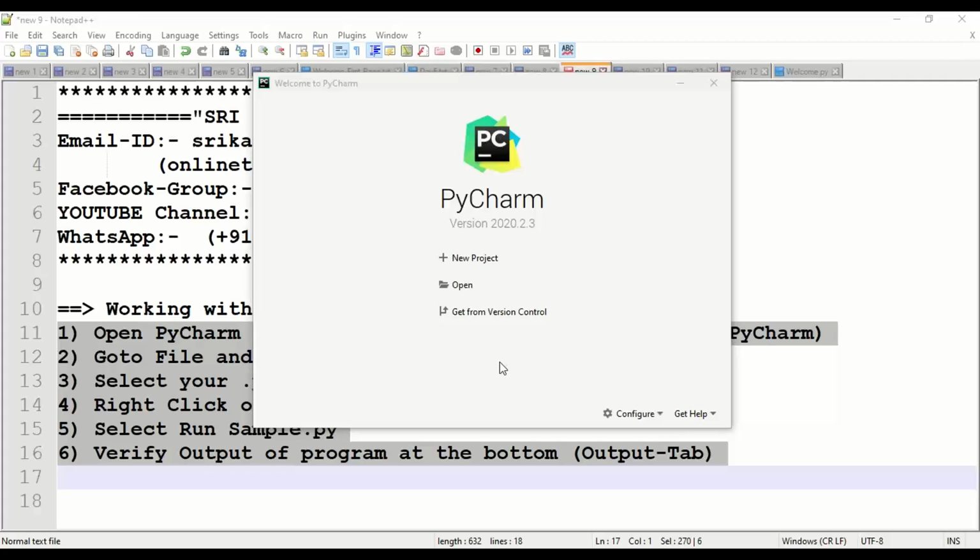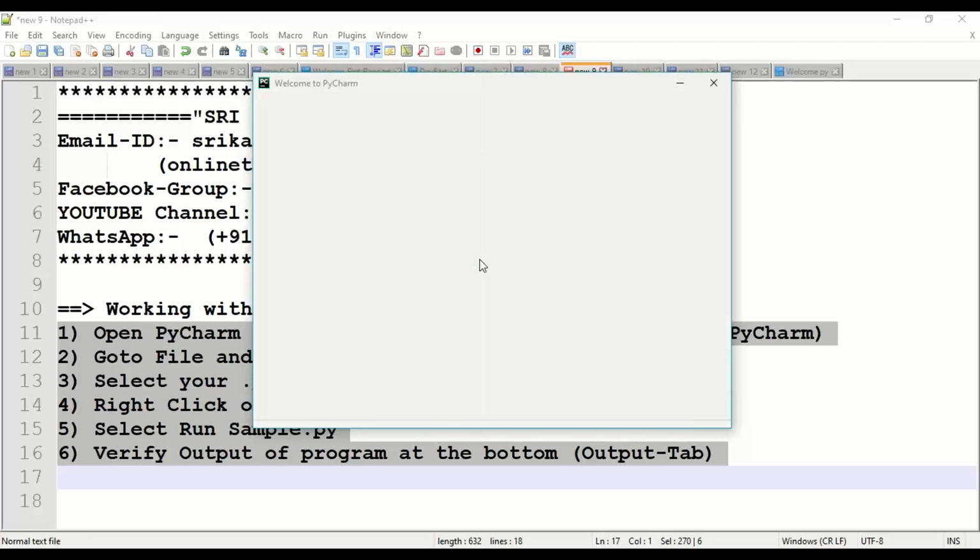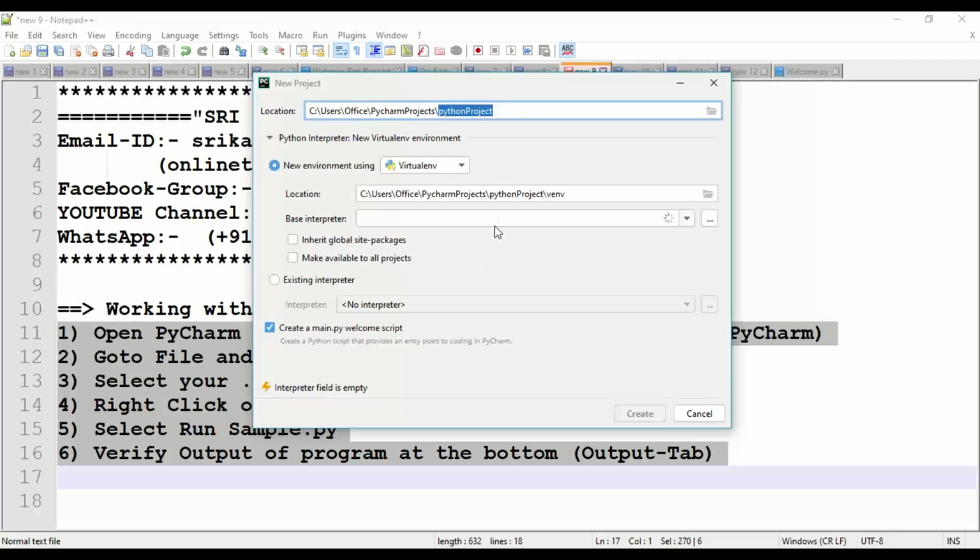So now we got three options here: new project, open, and get version control. So first I'll say new project. So new project, basically this is used for real-time development. So we'll give the new project a name, something like my apps,